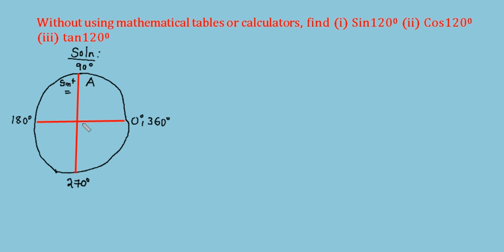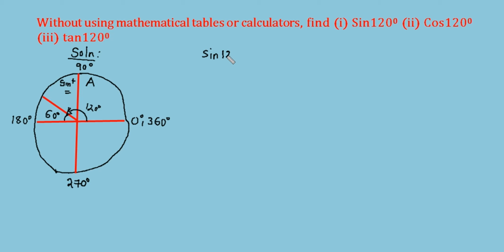Is that okay? Now, 120 is in the second quadrant, and the balance is 60 degrees. Is that okay? Since from 0 degrees we find 120 in the second quadrant, and the balance is 60. Now they are telling us to find sine